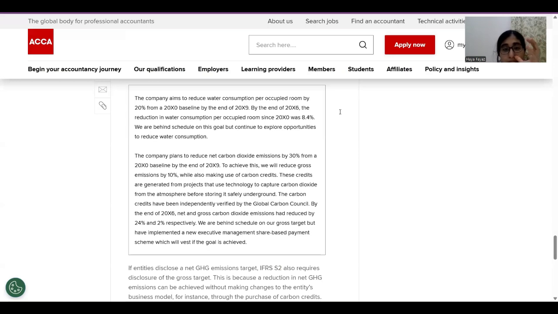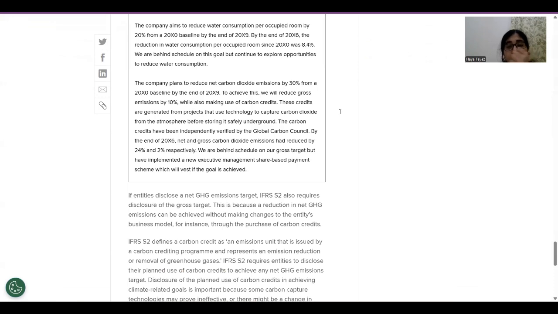By the end of 20x6, they are only meeting 8.4%. So there's still a lot to meet, and I don't know if it is likely that they can meet it by 20x9. The company plans to reduce net carbon by 30% from a 20x0 baseline. To achieve it, it will reduce gross emissions by 10% while also making use of carbon credits. These credits are generated from projects that use technology to capture carbon dioxide from the atmosphere before storing it safely underground. The carbon credits have been independently verified by